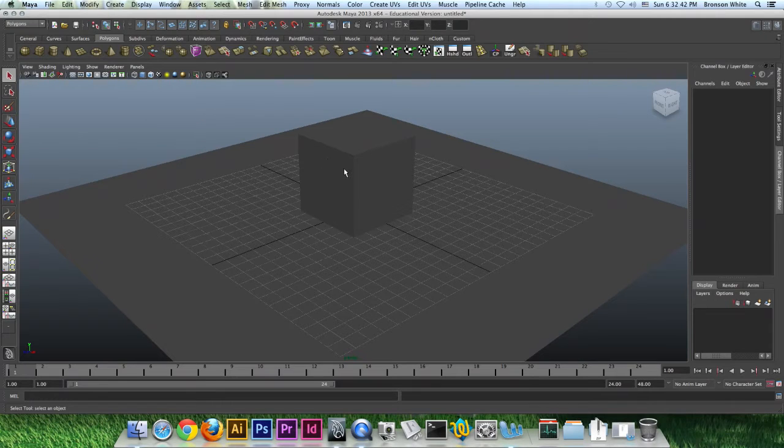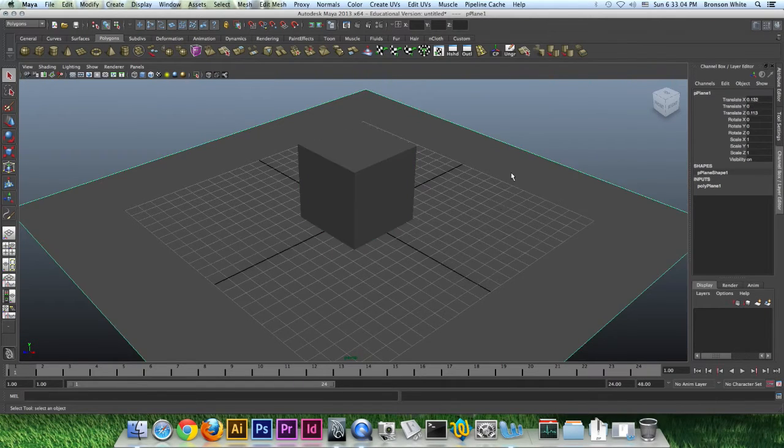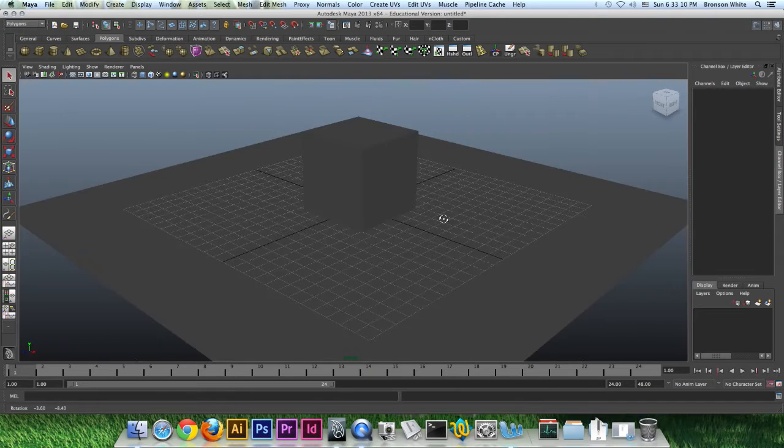So anyway, a few of the other shortcut keys that you need to know. The main ones are Q, W, E, and R. These are your move and your tools, your basic tools that you'll use. Q is your selection tool. It just has a regular cursor. You can click on objects. You can drag marquees around objects. Pretty basic. It's a good default